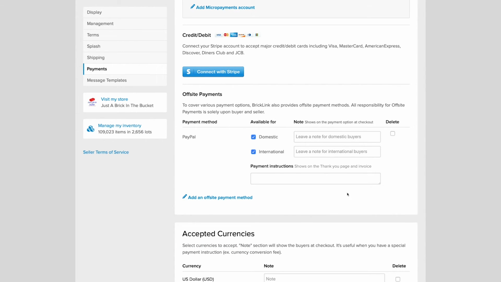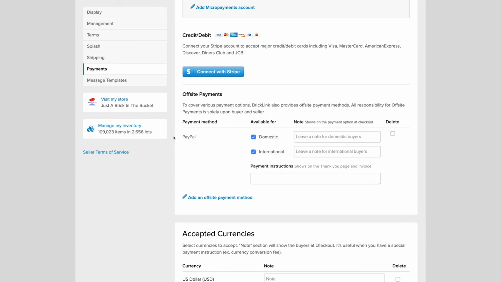Now, in this case, we have most of our payment methods on site. That is the instant checkout that the buyers can do directly through you. But in this case, we do have an off-site payment method, which is PayPal, clearly. And what you're able to do here is they can then PayPal you the money. In our case, we have a message set up or an invoice set up that sends them a link that they can click if they are invoiced for their order, and then they can click that link and it'll send them the amount that they were invoiced for through our PayPal,